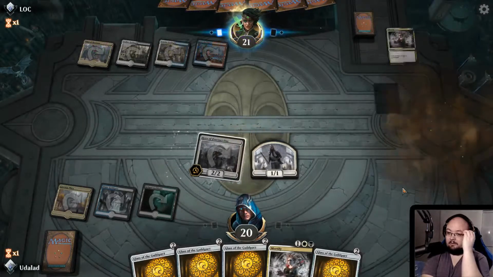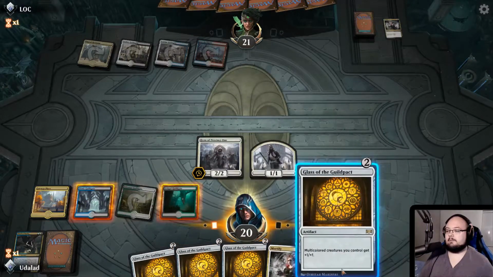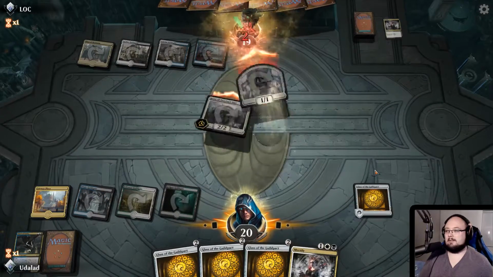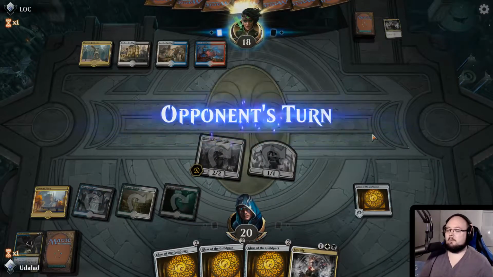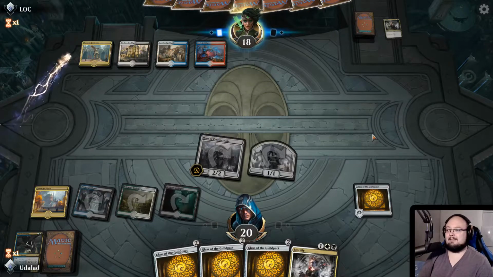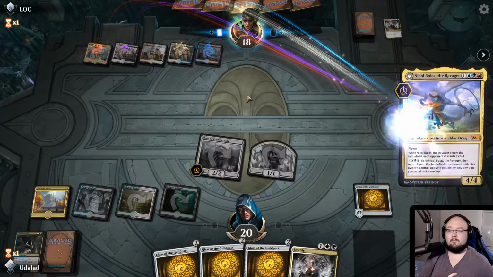Oh, he has Mortify as well. God damn it. Well, this is kind of shit now. Yeah, we'll be able to cast all the Glass of the Guildpact, I guess, but what else? What's going to happen after that? Well, it seems like his deck is kind of slow as well. I'm guessing he might be running a more...